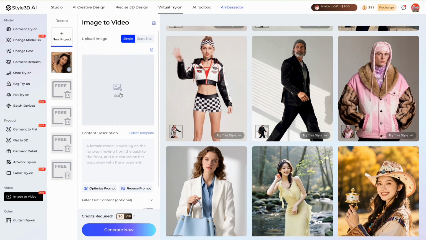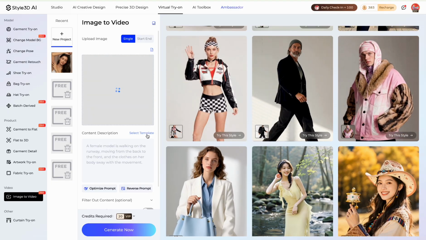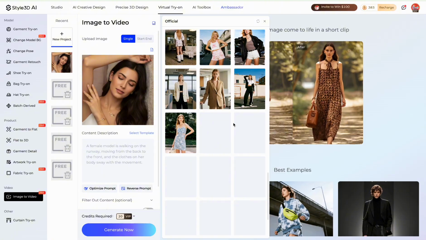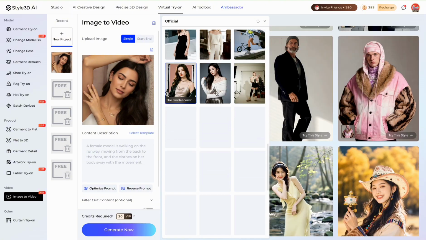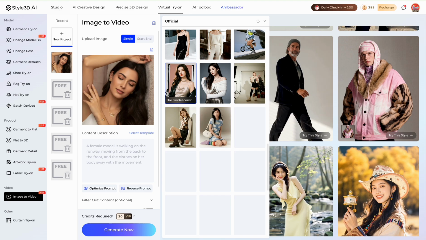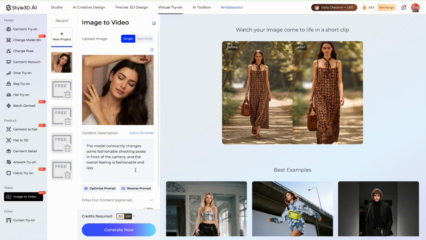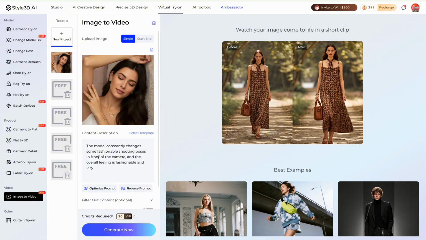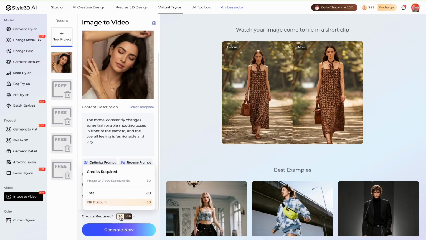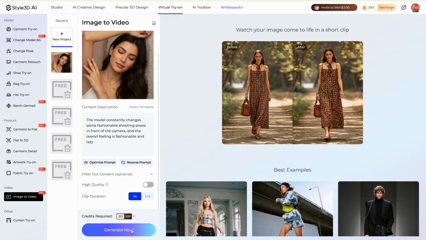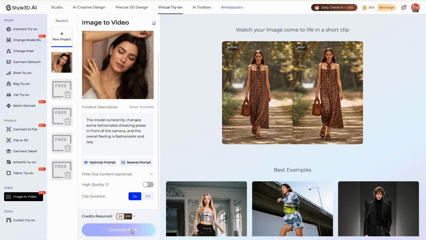So we're going to start by clicking the start button to upload the image. So we go back to select template over here. Okay, so you can just go through and choose based on the product. So these two are very jewelry specific, so I think I'm gonna go with this. And so when we click on it, it's going to update the prompt or the description. And then we are going to go down here and click generate now. It's going to take the same 20 points, so 20 credits. It hasn't changed in price, so we're just going to click generate now